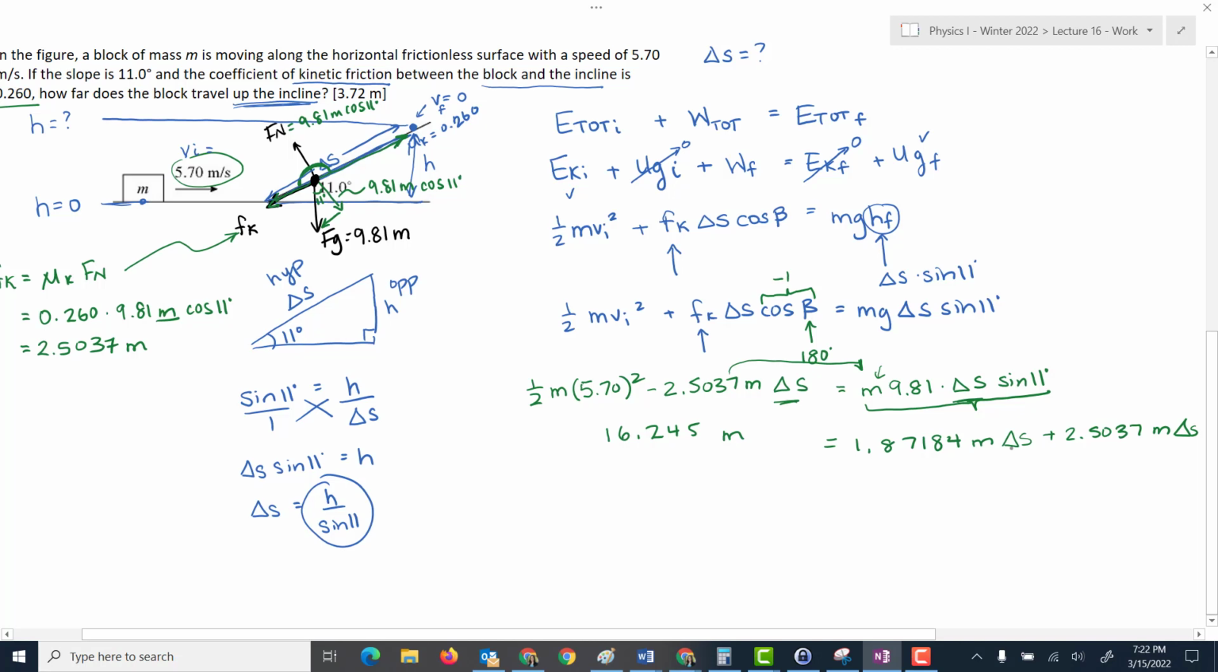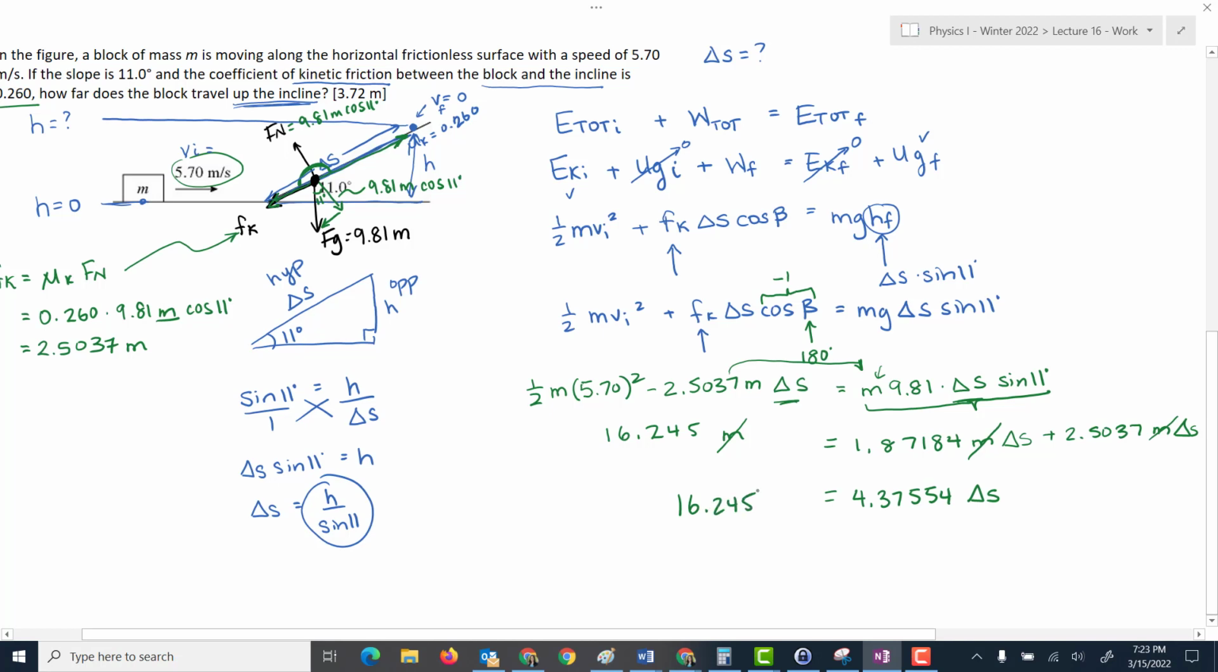I could factor out an m everywhere, and then they all cancel out. So this m and this m all go away. On the right side, I could factor out a delta S, or I can just add these two terms together. Let's just do that. So I have 1.87184 plus 2.5037, and that gives me 4.37554 delta S is equal to